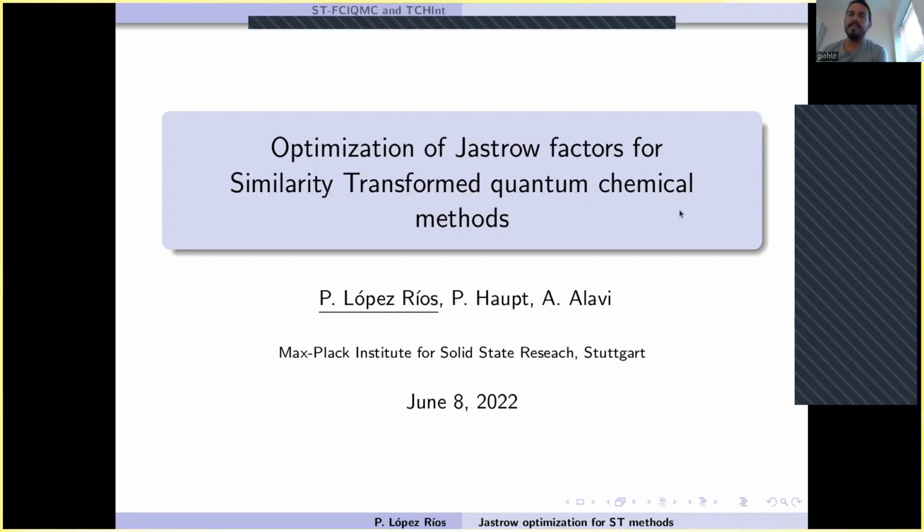So I work in the Alavi group in Stuttgart, and we are also in T-Rex, and this talk has a lot to do with the previous one, because we're basically doing TC Hamiltonians as well. We call them similarity transformed. And the difference is that we are combining these similarity transformed Hamiltonians with the FCI QMC method, which is a